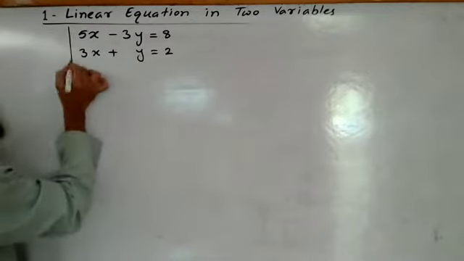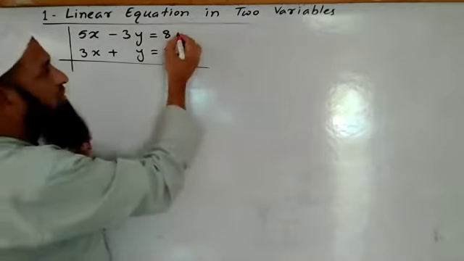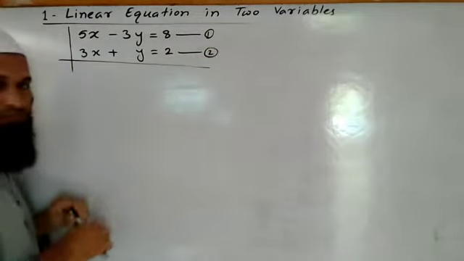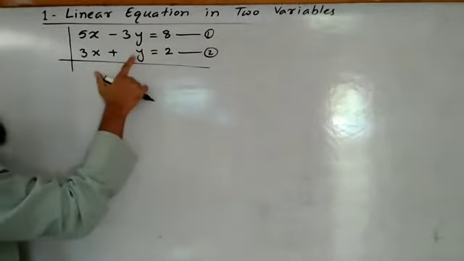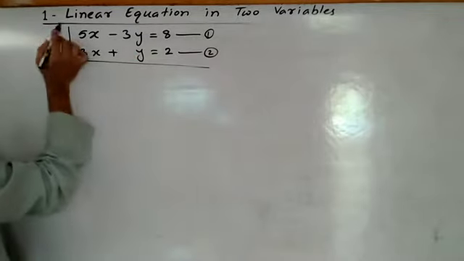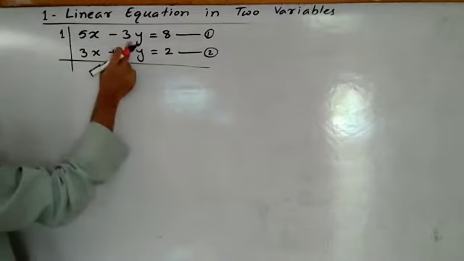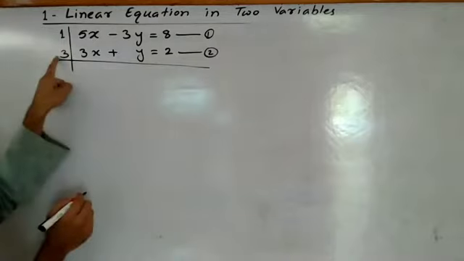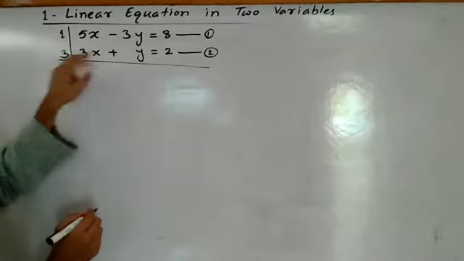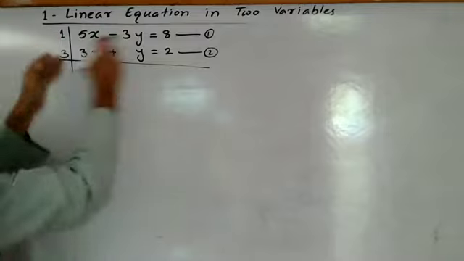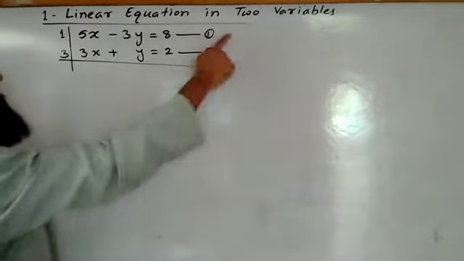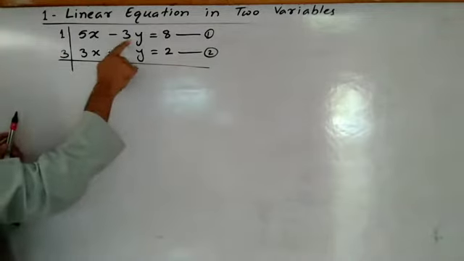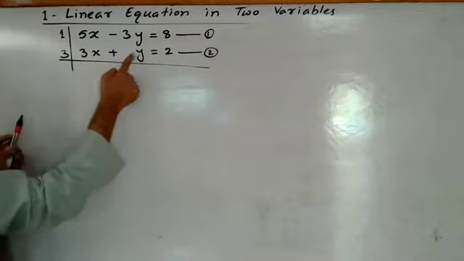See here, let us give names to these equations. Equation number 1, equation number 2. Now the coefficient of y in the second equation we will take here, and the coefficient of y in the first equation we will take here. This 3 I have taken from here, this 3 comes here and this 1 comes here. Now we will multiply equation number 1 by 1 and equation number 2 by 3. The coefficient of y is 1.